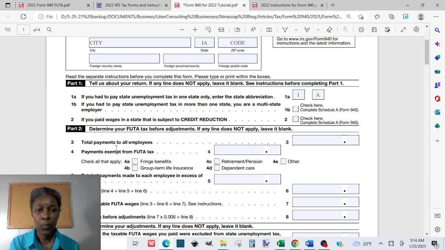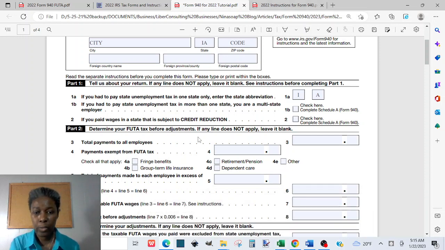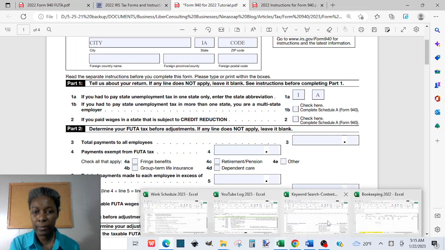Line 3, total payment to all employees, is pretty much all the payments that you paid to your employees. So you will need to file Form 940, you will need your payroll record for 2022 or for the year you are filing for, and you need the Form 940 for that year that you are filing for as well, as well as the IRS instructions for Form 940. So we have Form 940, we have the instructions. Now we need a payroll record. And on our website, you will